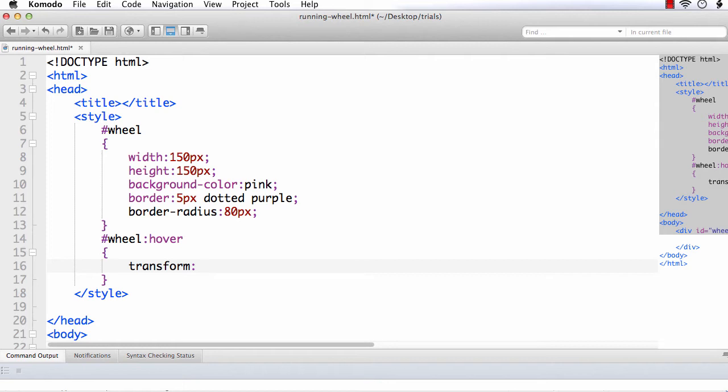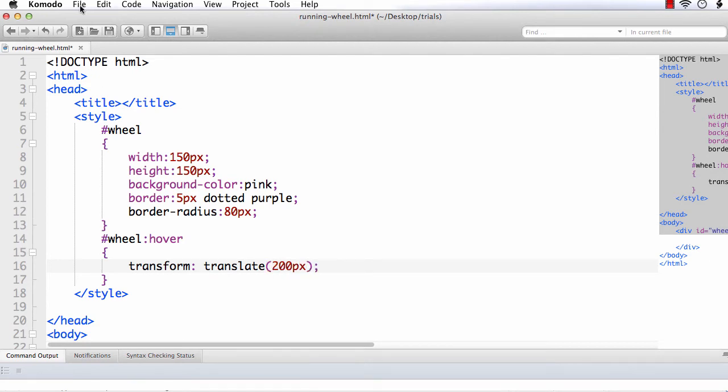For that, we need to call the translate method. We can use the translate method to move from one place to another, the scale method to increase the size, and the rotate method to rotate the element at a specific angle. So here I am moving it 200 pixels.